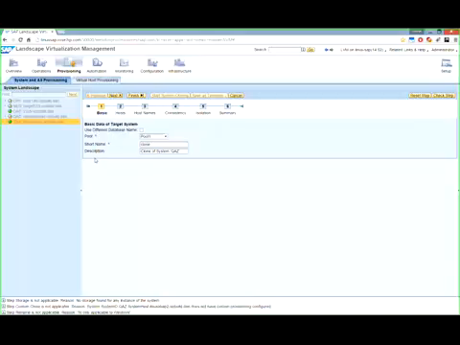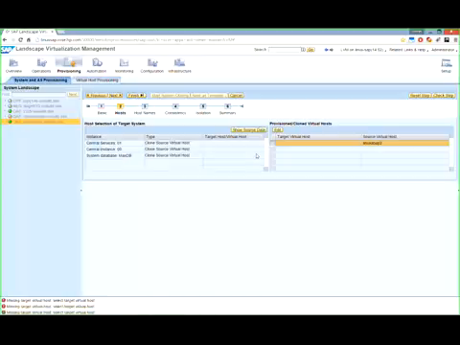So here I have basic data of the target system. I will try to get to the end as fast as possible. As you know, LVM uses a connector to connect to your virtualization or storage infrastructure. In our case, we have a VMware infrastructure.